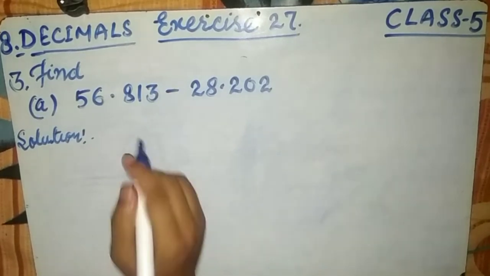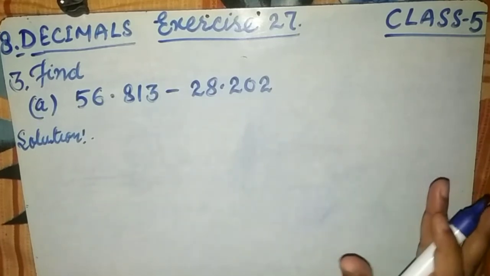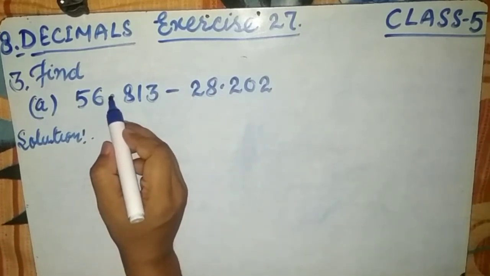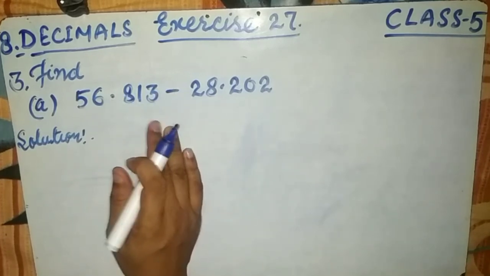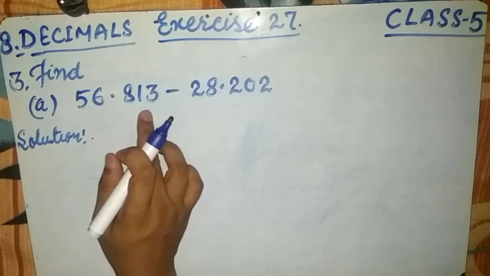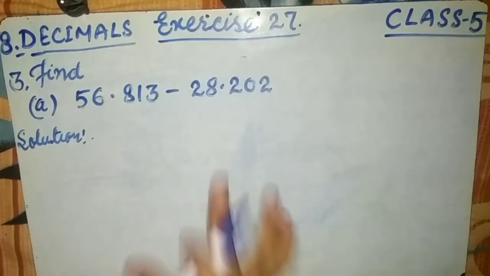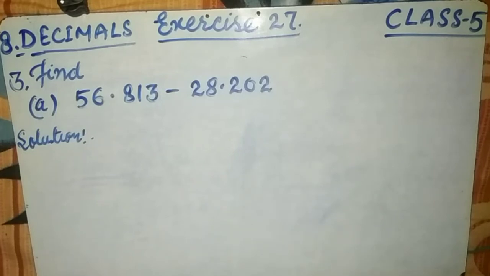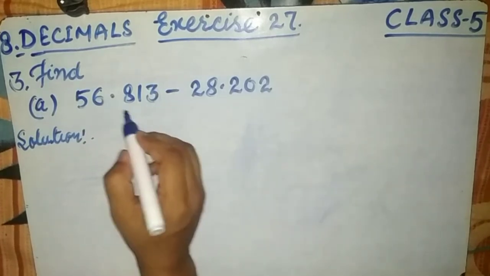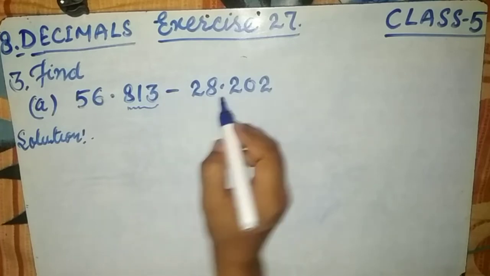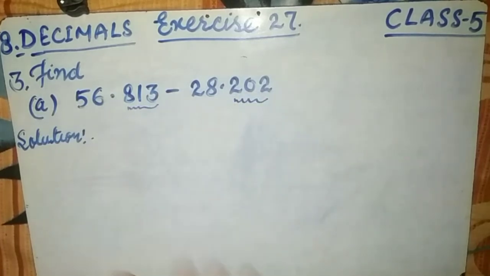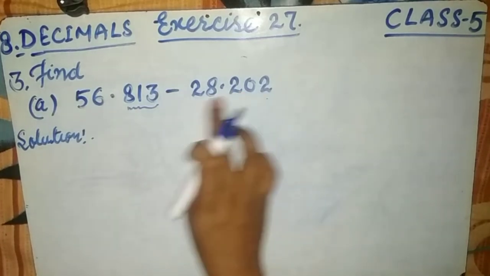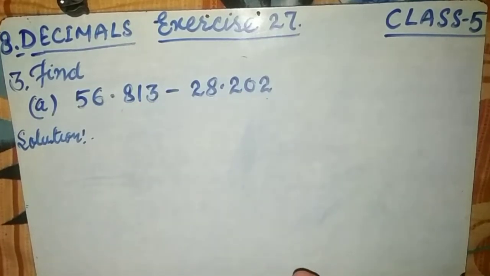Now what do you mean by like decimal fractions? It means we have to check how many digits there are after the decimal. If the number of digits after the decimal is the same, then we can say these decimal fractions are like. So here have a look, there are 3 digits after the decimal, and here also there are 3 digits after the decimal. So these two decimal fractions are like, so we will not change them, they stay as they are.